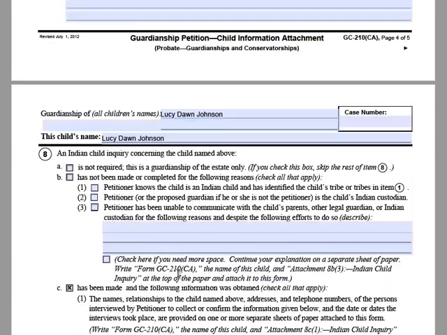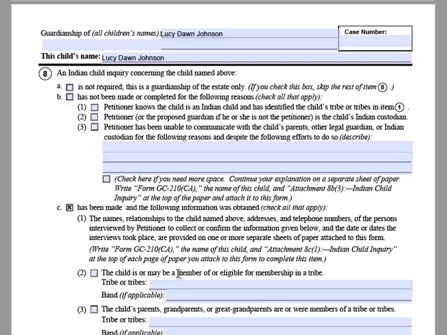Paragraph 8 is long. This paragraph deals with whether the child is Native American or could be considered a Native American child. This is important under the Indian Child Welfare Act. I'll leave checkbox A blank since this is a guardianship of the person, not a guardianship of the estate only. I'll also skip checkbox B and the numbered boxes below them